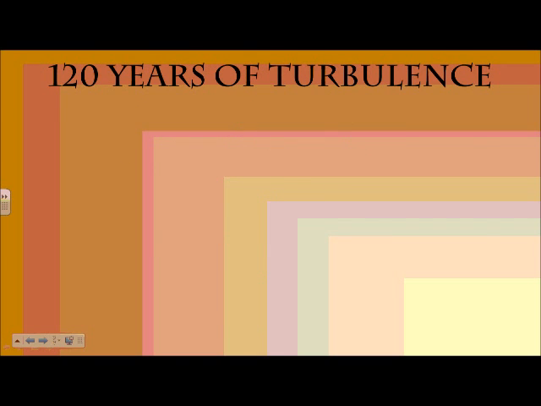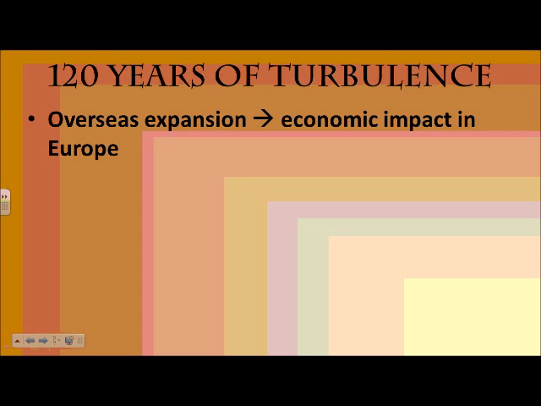So for notes, we're going to leave England and go to the continent of Europe, capital C. And in order to understand some things that were going on there, first we have to understand the setting. So there's about 120 years of really chaotic times. Here's some of the reasons why it is chaotic.